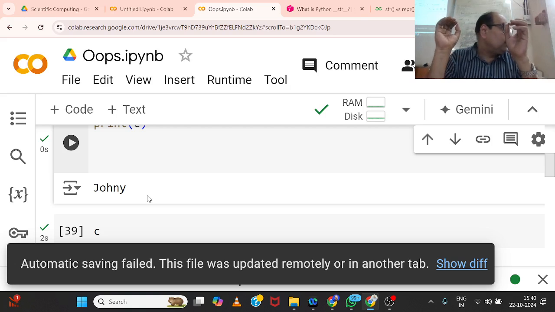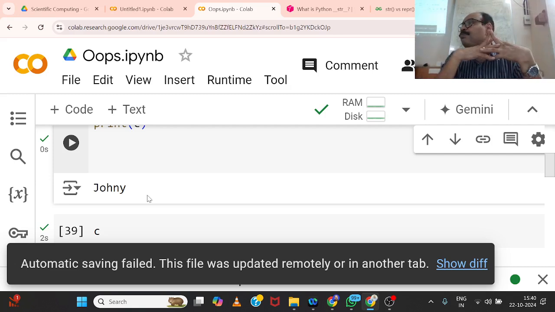Is there any doubt in object-oriented concepts? Is there anything you want me to repeat? I'll do that. So thank you now. Now you can start